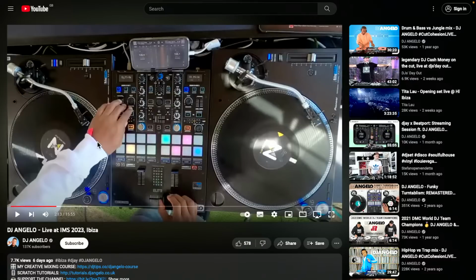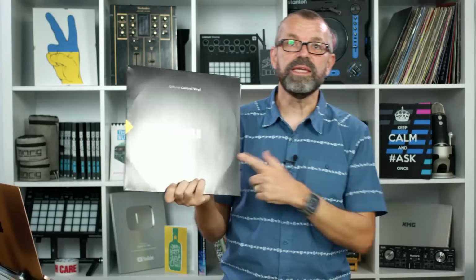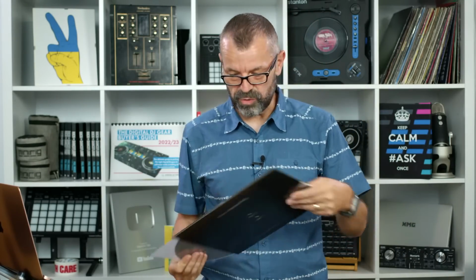These aren't just records that let you control your DJ software. He's using these. And these are very, very special because these have got one side, which is just a normal side of vinyl that will let you control your DJ software. But the other side